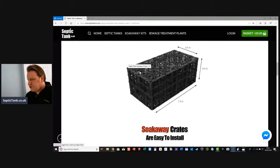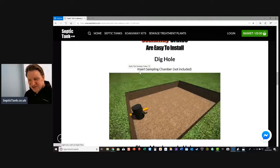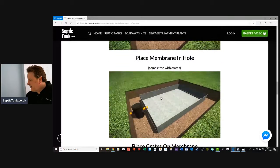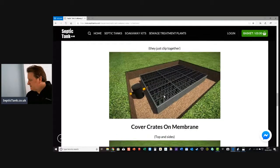So there's some dimensions there, and I even show you on the site how. You just dig your hole. Interestingly, there's a manhole chamber with 3 exits on there, but I'm just using the center one, and the left and right ones are plugged up. Then you put your membrane down, and you put your crates into the membrane,